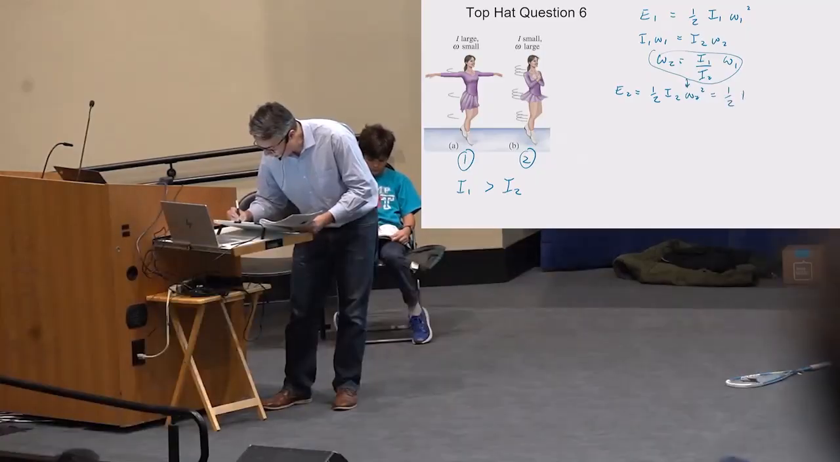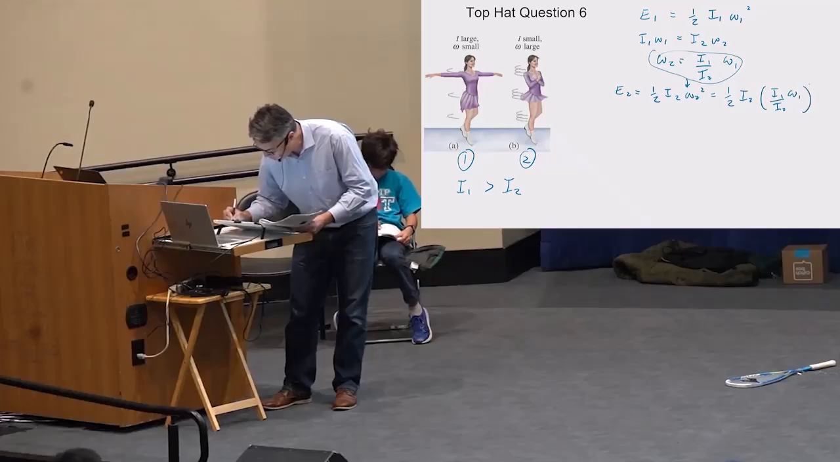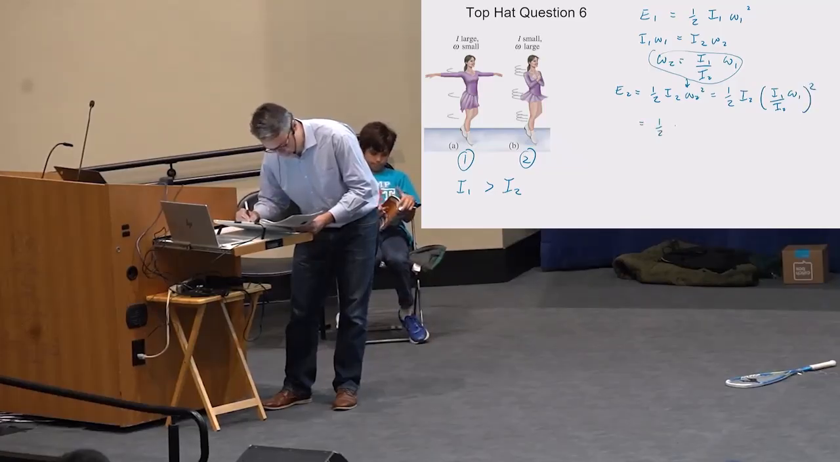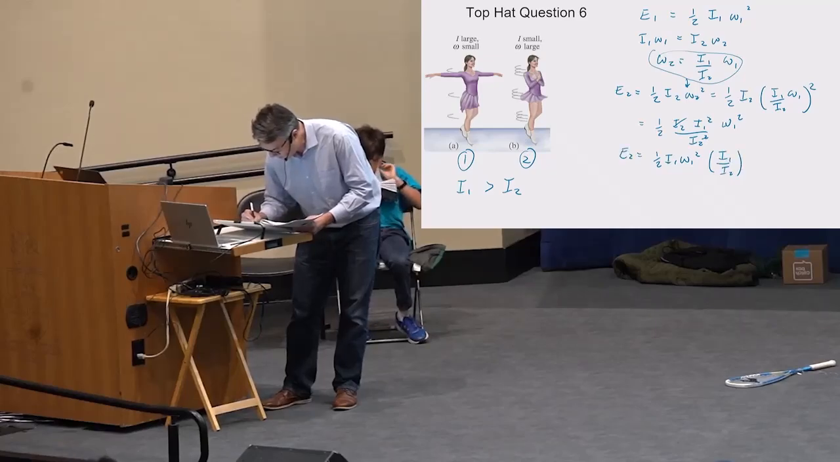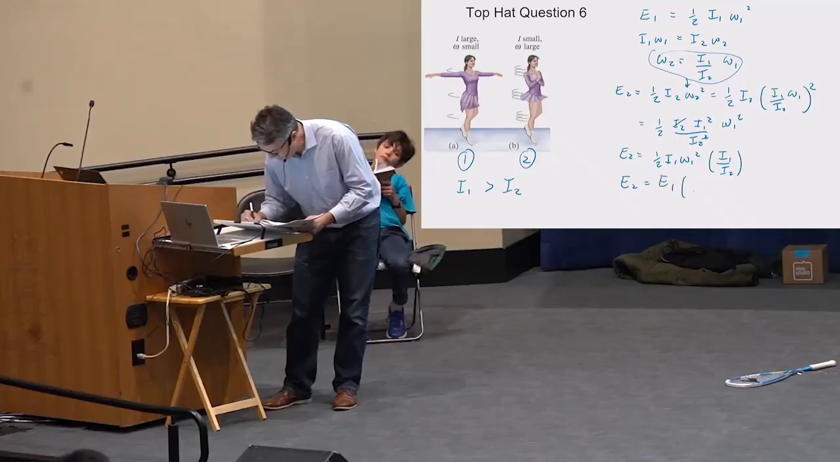I get 1/2 I2 times (I1 over I2) omega 1, all squared. There's a lot of things going on here, but there's an I2, and an I1 squared over I2 squared. This cancels this. You get omega 1 squared. You can write this as 1/2 I1 omega 1 squared times I1 over I2. See where I'm going with this? So I say that E2, her final energy, is E1 times this ratio I1 over I2,